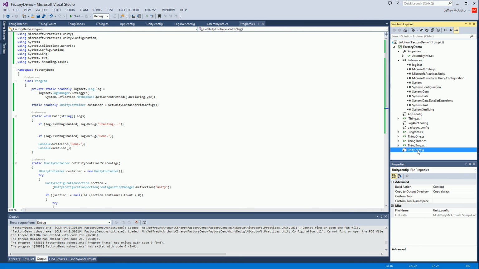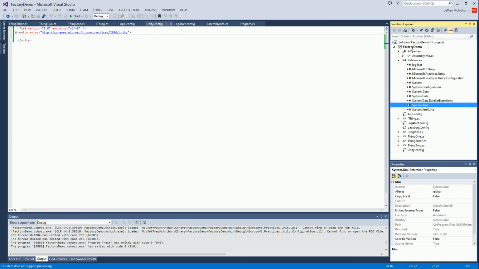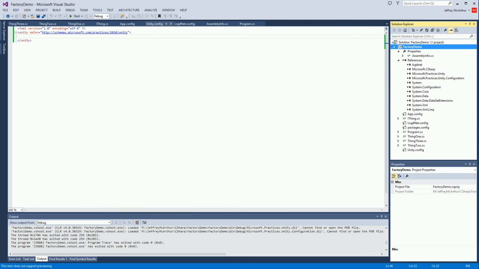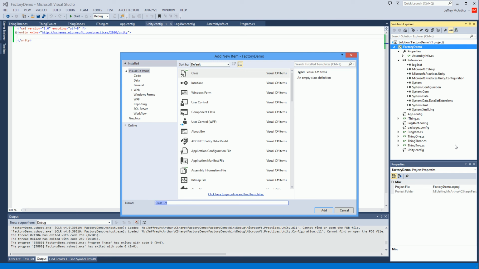So let's start. Now we have some interesting work in. We could either start here with Unity or we could start creating the factory. Let's implement the factory. Then we'll set up the Unity configurations. So what we're going to do here is, this is the factory demo. We're going to add another class, which is, let's call it